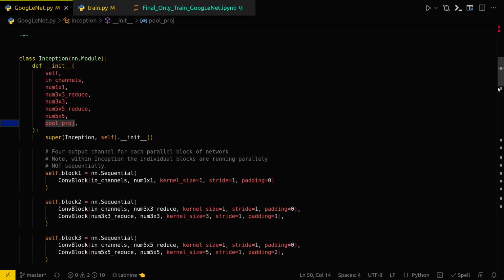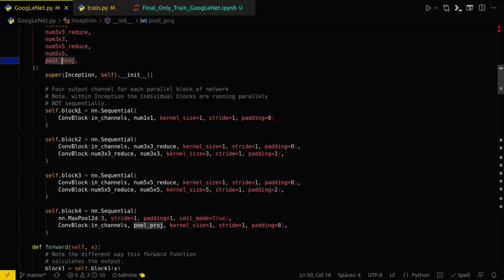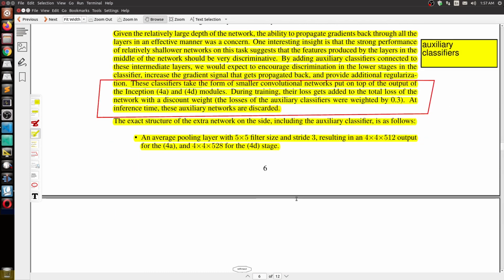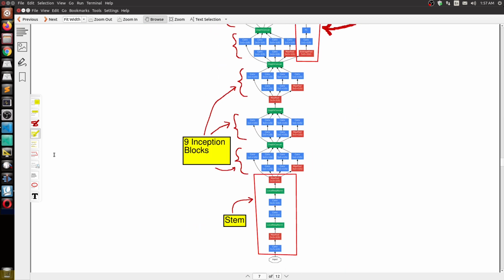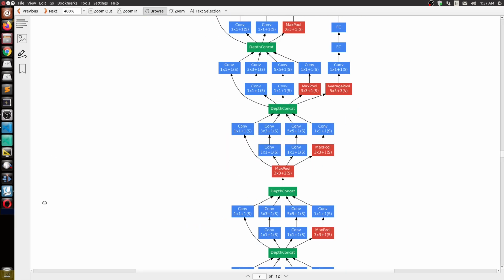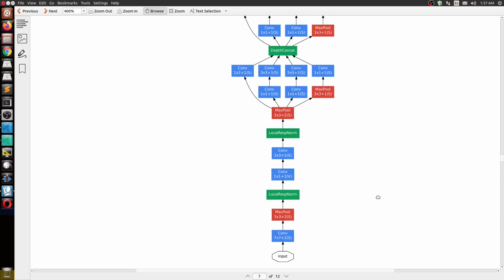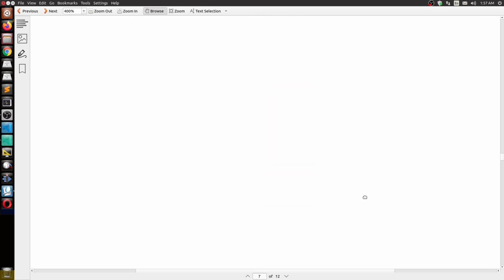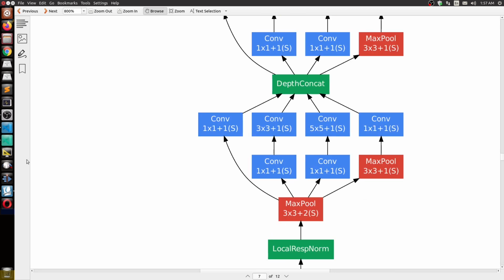And note that I have this block 1, block 2, block 3, and block 4. We will go back and see the image to make sense of these. And note that these blocks within Inception are actually running parallelly and not sequentially. So I'm going back to the architecture diagram. Let's look at a clean PDF. This one, yeah. So again, this is my whole architecture, and if you zoom in to a single Inception block,